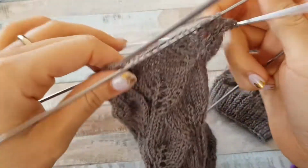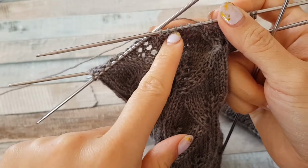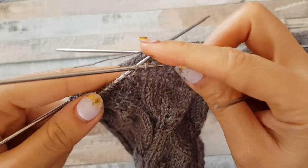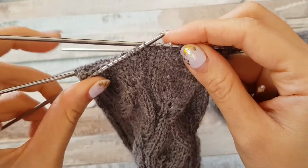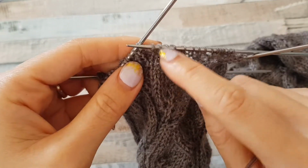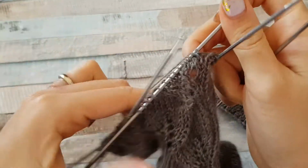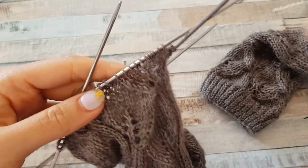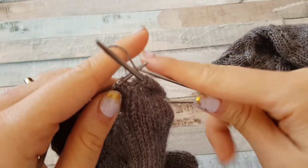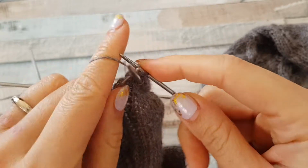And now we will have to make decreases where we have the 2 purl stitches. You can move 1 purl stitch to this needle, so you have 1 purl and 1 purl. And now we make everything according to the pattern, like first we purl, then we just make all knit stitches,